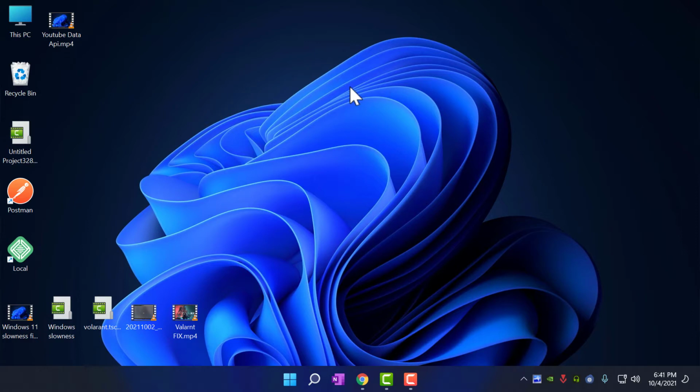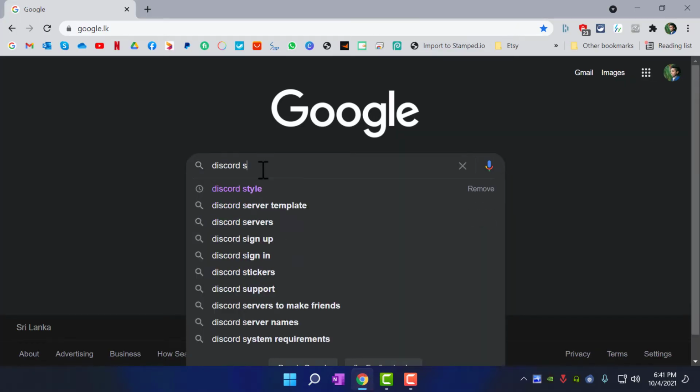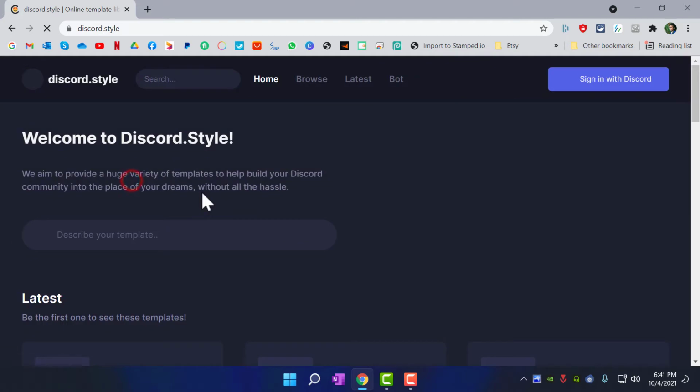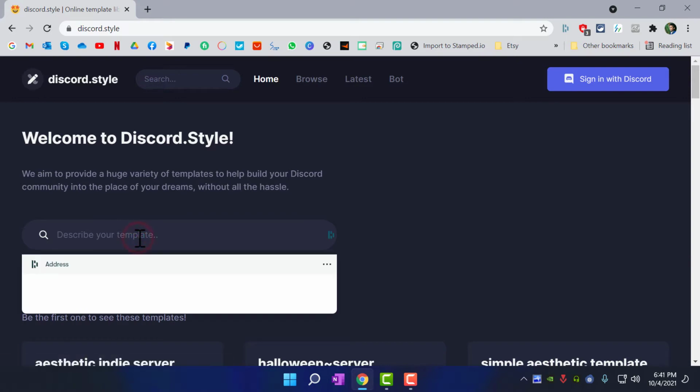Okay, let's get started. First of all, go to Google and type Discord style, and go to the first link, which is discord.style. In here, you need to search for a template. I'm gonna search for gaming,